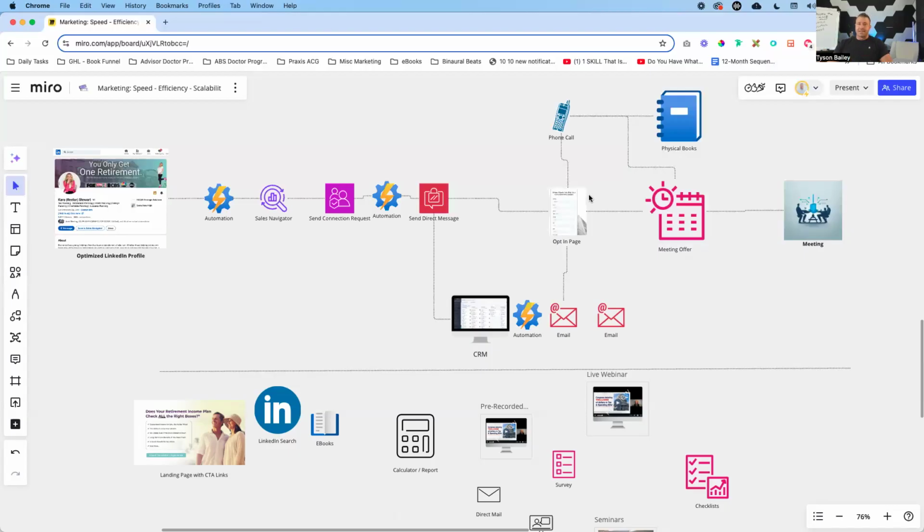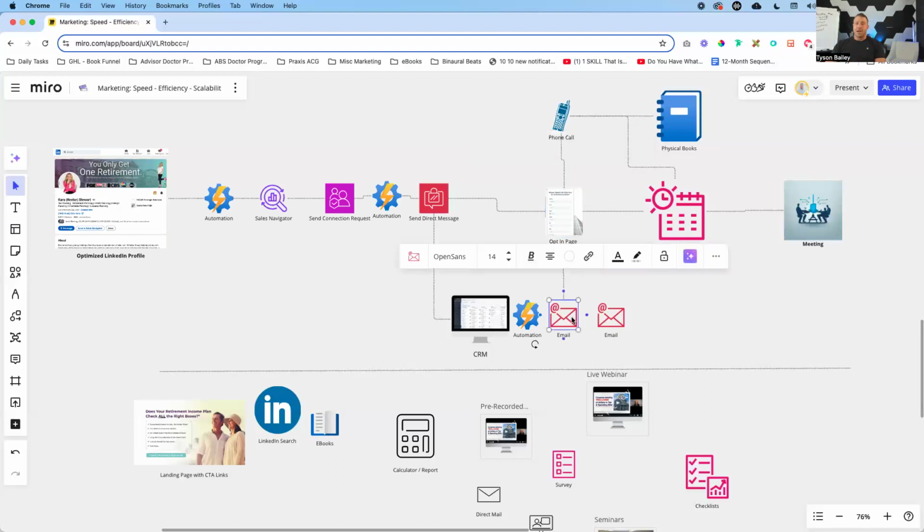Now, what that does is a couple of things for us. Number one is it tells that prospect how we got their contact information. It tells them, hey, I actually messaged you on LinkedIn, but I wanted to do my due diligence. I want to make sure that that message got to you because there's so much value in this book. That subtle nuance of them being able to understand how we got their information and why we're contacting them makes a world of difference, both in the short term and in the long term.